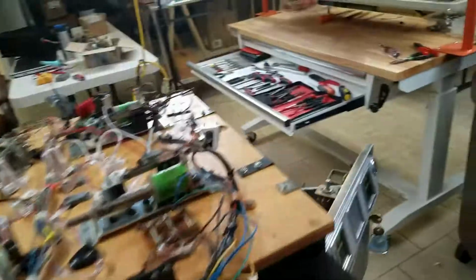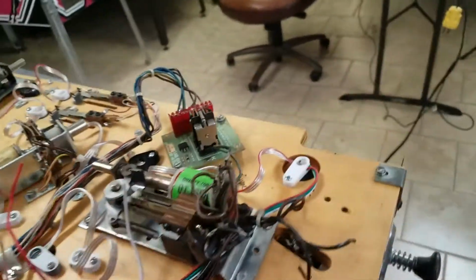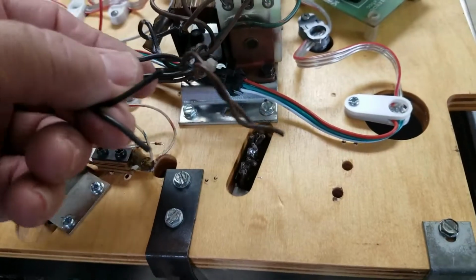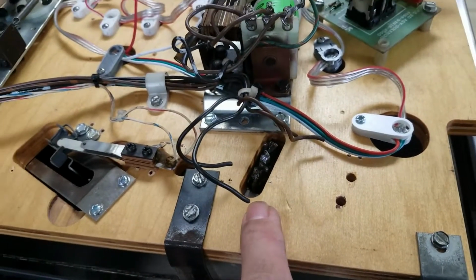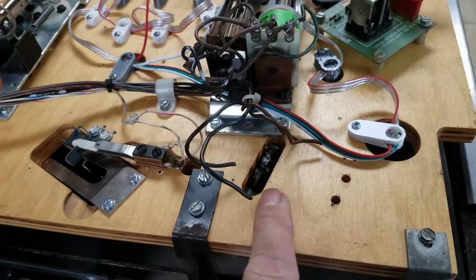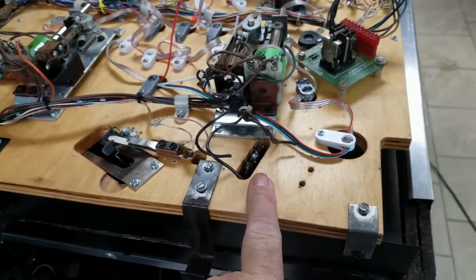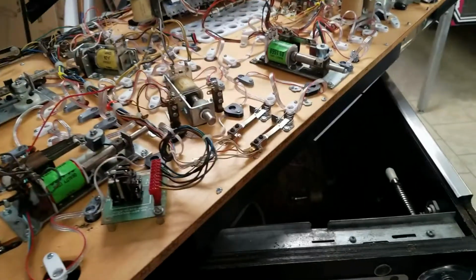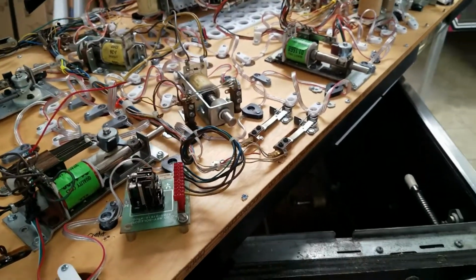But I just noticed something while I was down here doing this wiring. We never hooked up the wires to the solenoid that kicks the ball out. So while I've got this in such a convenient position to work on, I'm going to solder that on right now. Finished the wiring. I haven't found the software bug yet,